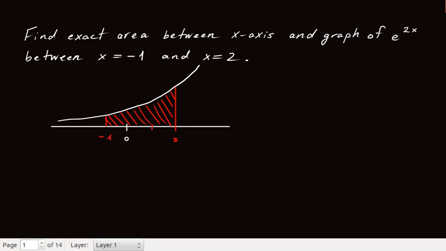And we recall that the definite integral is an expression for the area. So the definite integral between -1 and 2 of e to the 2x dx, that'll give you the exact area. Okay, at this point you might say, okay, I'll just use my calculator and figure out what the answer is. And if you plug into your calculator, you get something like